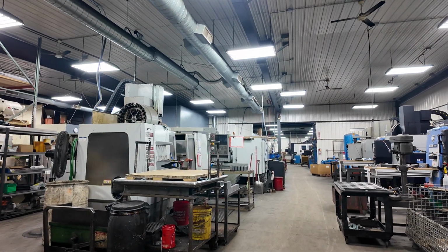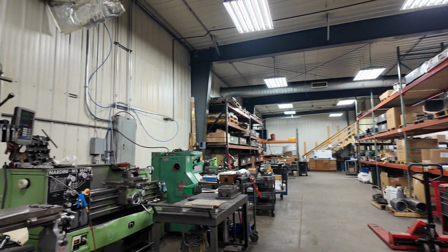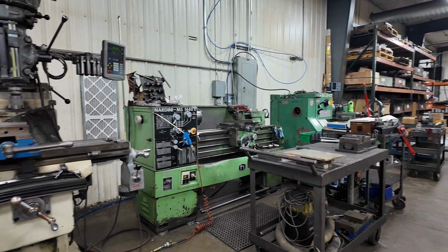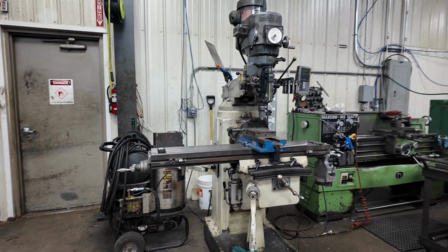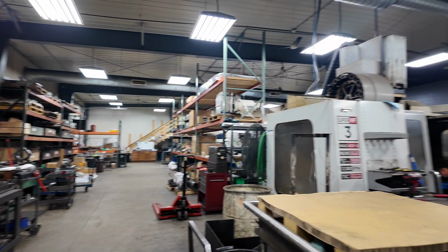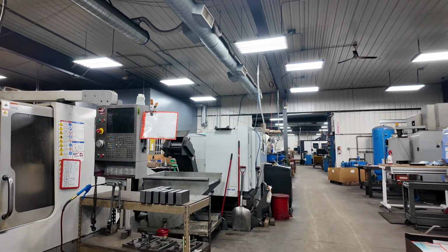He said there's like 30 machines in here. And we got these would be your manual machines, manual lathe, manual mill, all the support equipment. So as we come in here first, we have,